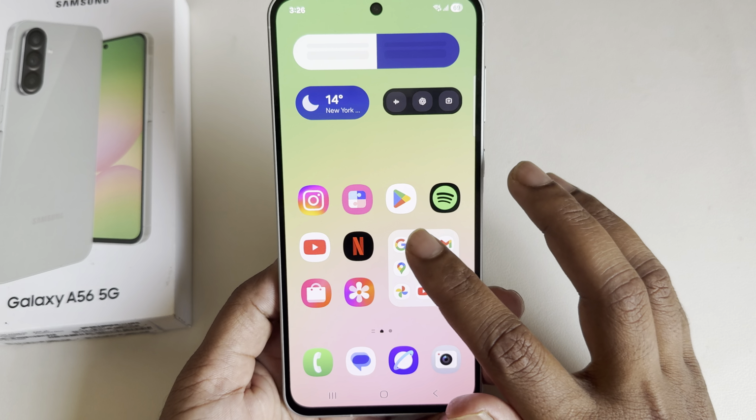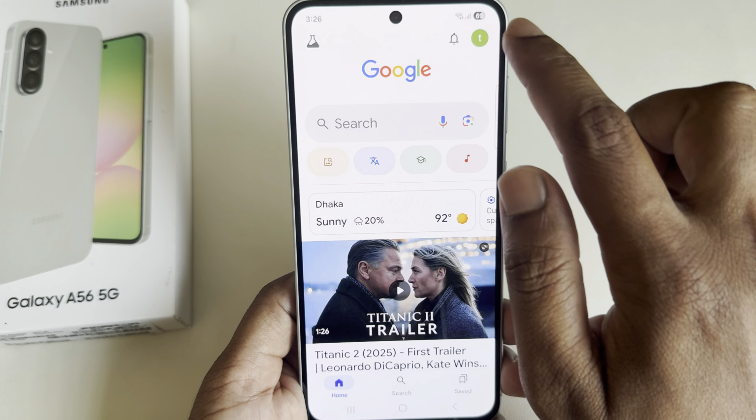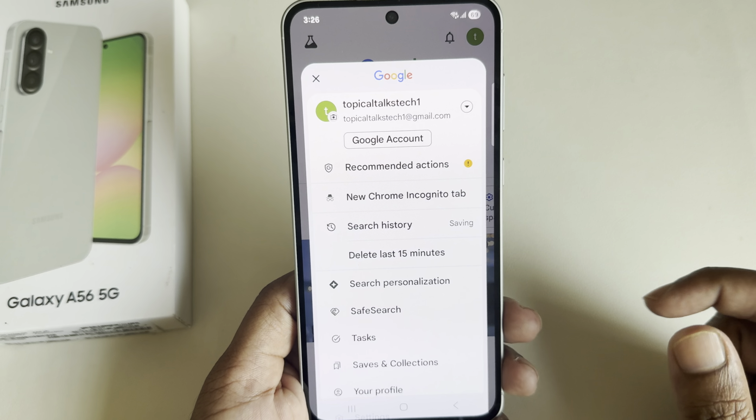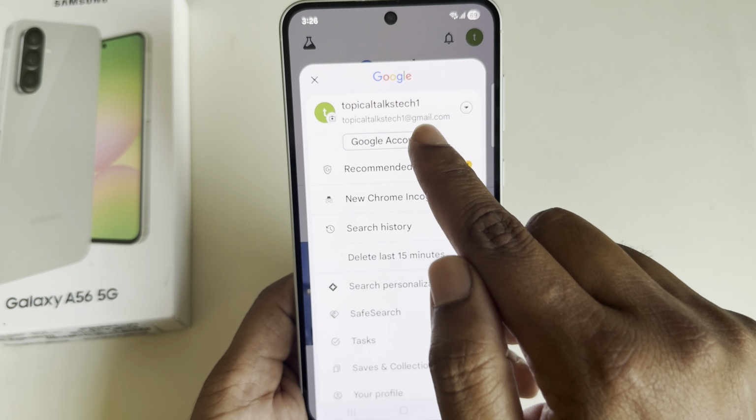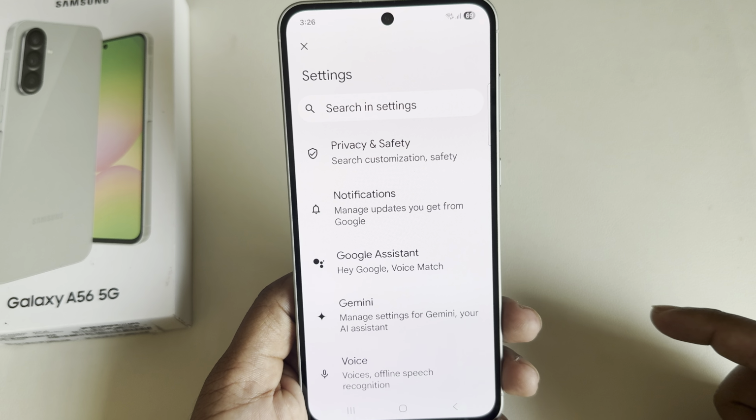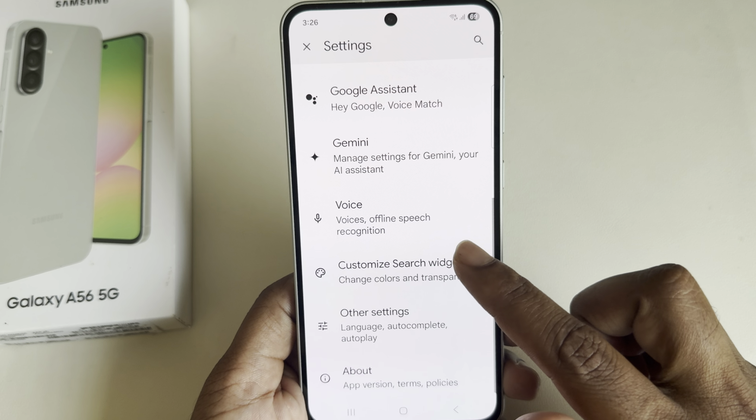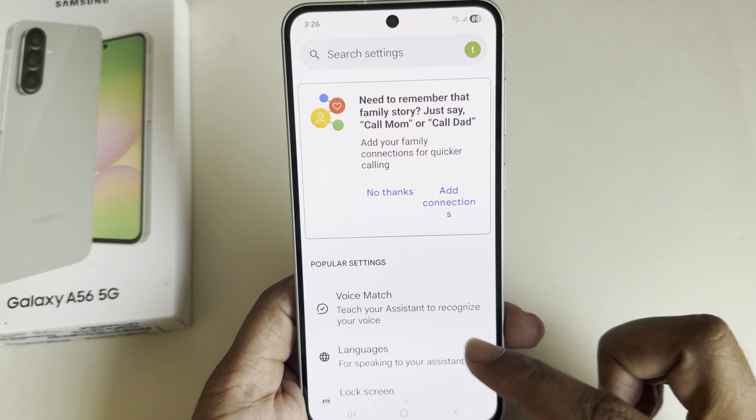If you want to change it to Google Assistant, open your Google browser, then press on this icon and make sure you are logged in with your Gmail account. Then go to settings, and under settings you can see the Google Assistant. Press on Google Assistant,